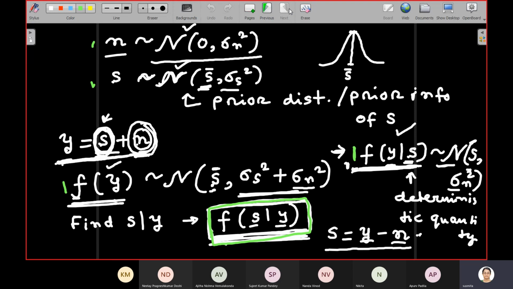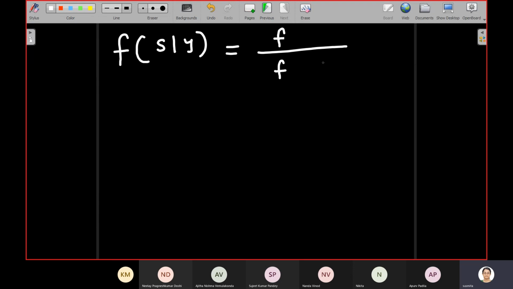So you need the joint density. How will you get the joint density? Don't you have the joint density? Can't you find the joint density somehow? So to find this term, which two terms will you divide? Tell me first. So you want to find this one, right? S given Y. Now we need to divide two PDFs. So which two PDFs will you divide? You tell me. What will be in the numerator and what will be in the denominator? Joint and f of y.